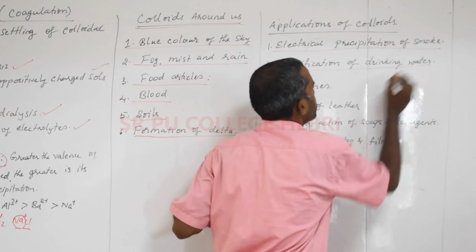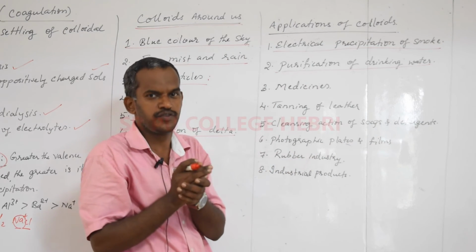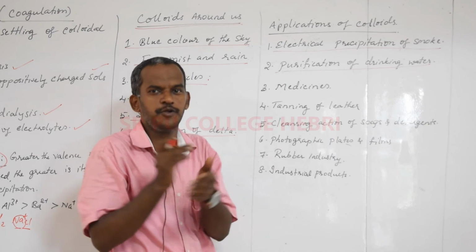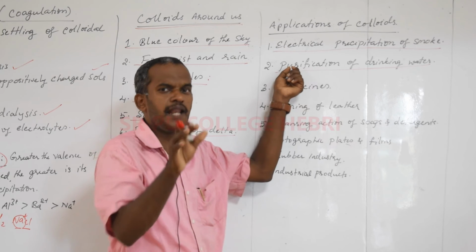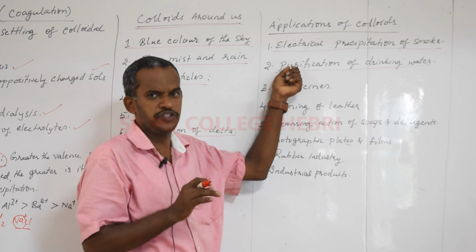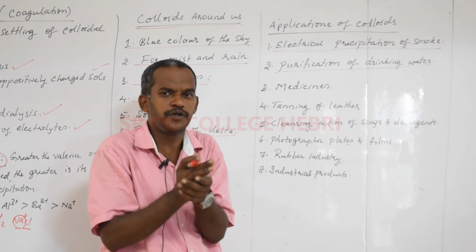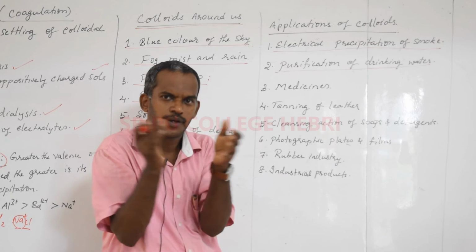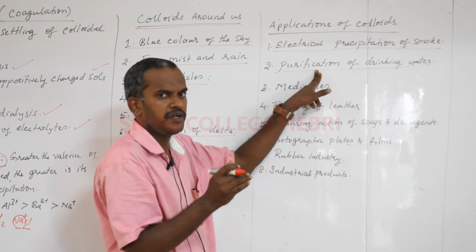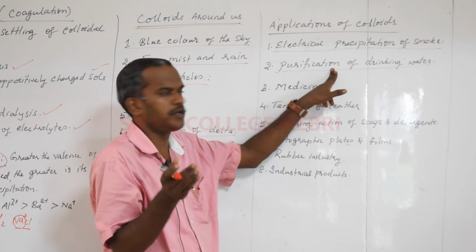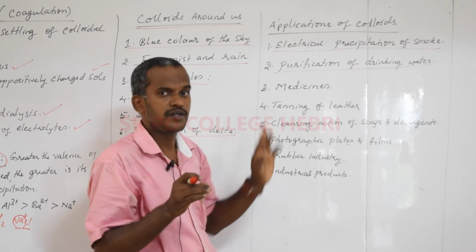Second one, purification of drinking water. This also most of you have experience. During the rainy season, if the drinking water source, maybe a pond or well water, gets a color due to mud particles, how can we purify it? It's simple. We add some alum, potash alum, or different double salts. Whenever you put alum, what happens? The mud particles distributed in water will aggregate or precipitate and settle down. Chlorination is a different technique, but the drinking water can be purified by adding alum. That is also an example of colloids.